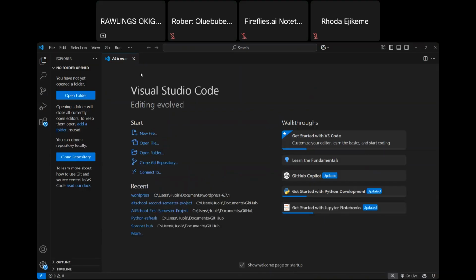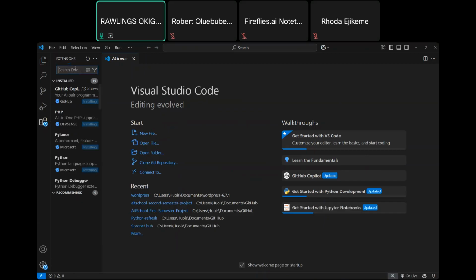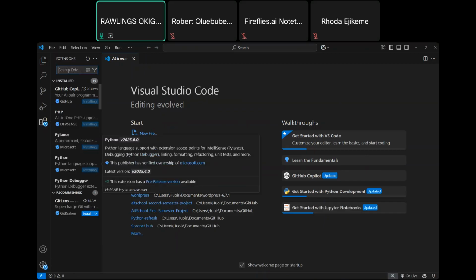Okay, so this is better. If you want to write Python code, first you have to install an interpreter in VS Code. You just need to come to VS Code, which is Visual Studio Code. If you come to extensions, you can see here I already have Python installed. If you just search Python,